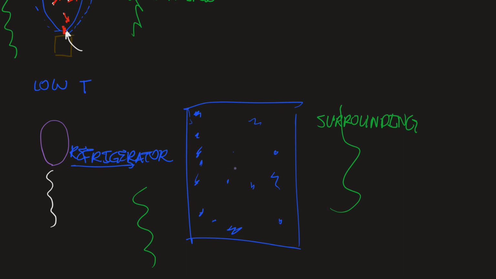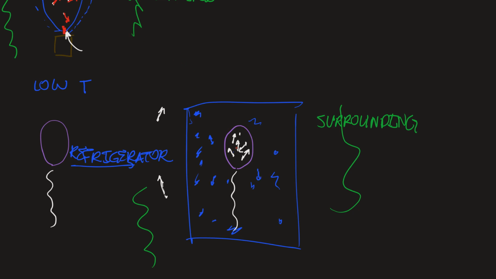So we'll start out with the balloon like this, same size, and these air molecules are going to be inside the balloon. As time goes on, keep in mind that in the very beginning, these air molecules are moving at the same speed on average as the air molecules in the surroundings. But once it gets inside of the refrigerator, the air molecules inside the refrigerator are moving a little slower on average. And so as time goes on,